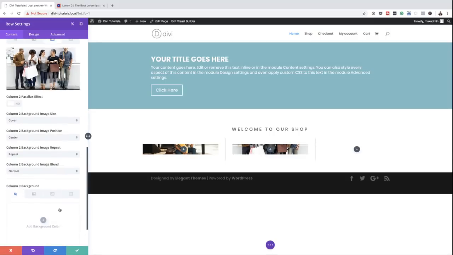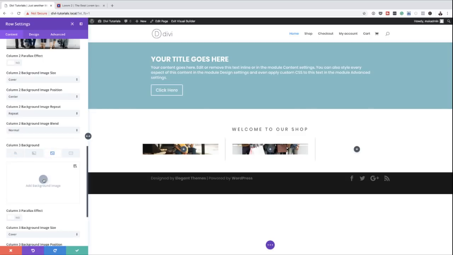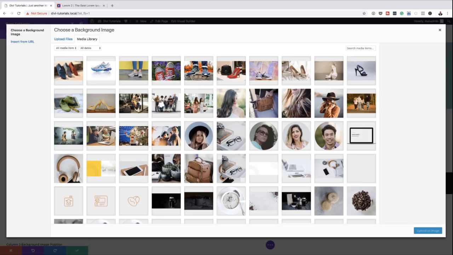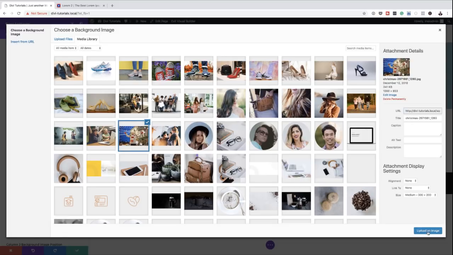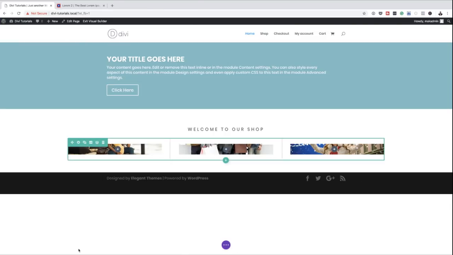And then we're going to scroll down to column number 3. Again, we're going to do the same thing. Let's add our image. So this time I'm going to go with, let's see. Okay, let's go with this one here. Okay, upload an image. So now I have 3 images here in the background, which is great. So we're still in the row settings. The next thing I'm going to do is I'm just going to save this and then start adding all my